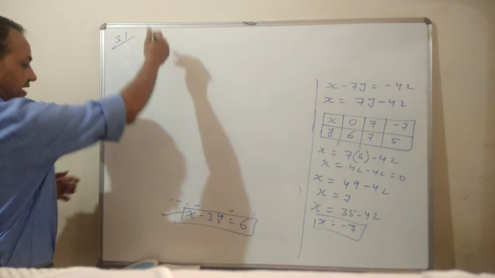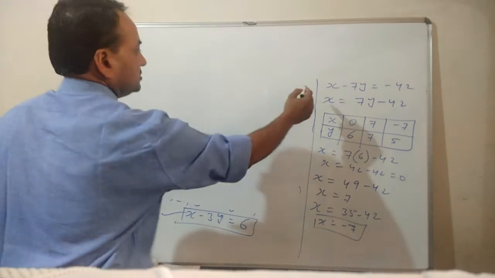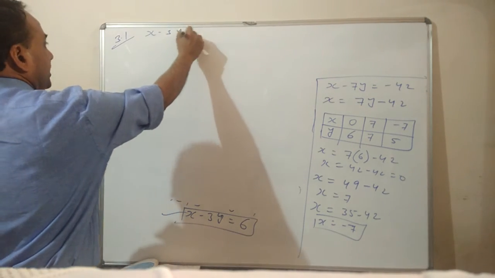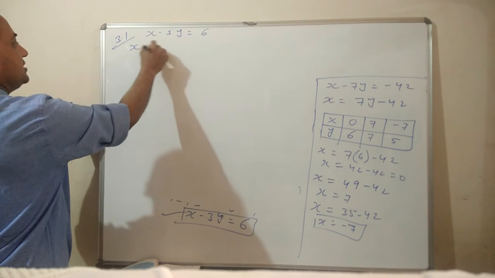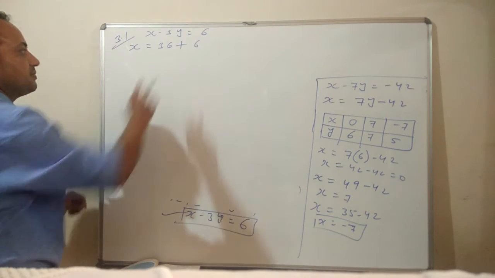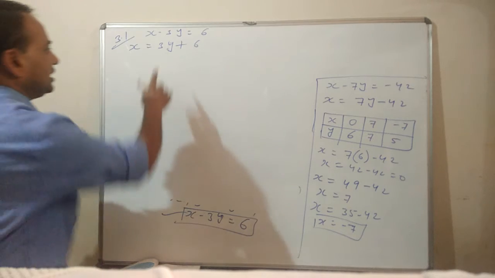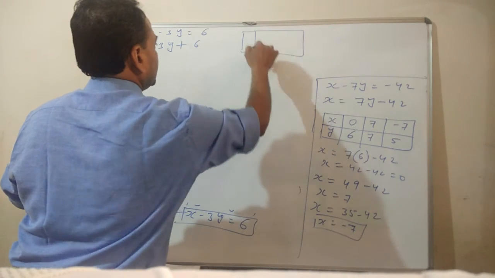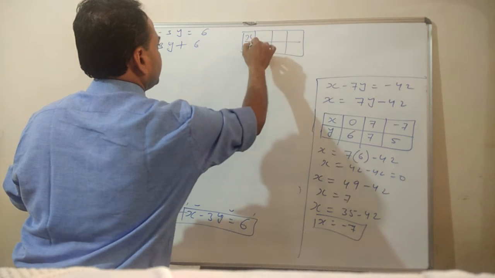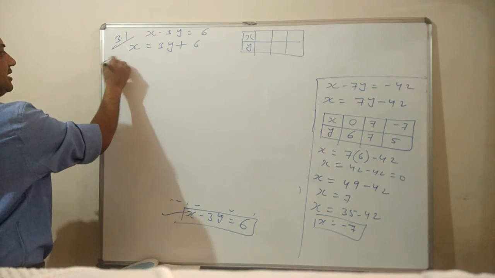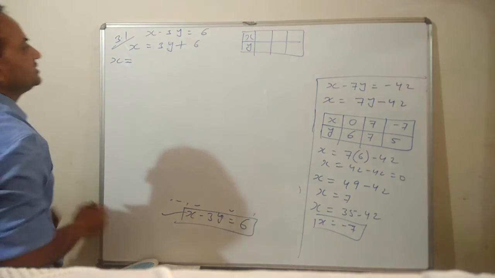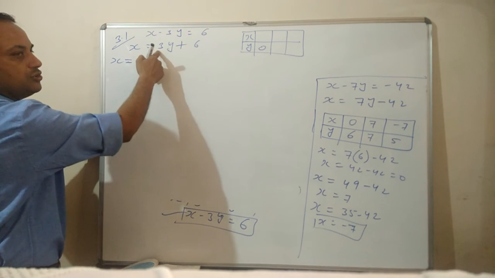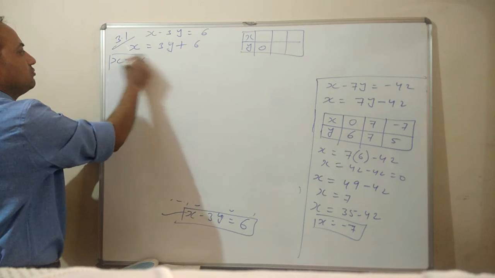Okay. So here I am writing this one. Space is less, so I am writing here the equation x minus 3y equal to 6. If I transfer that, x equals 3y plus 6. Now I'll put a y value, any value, and then we'll draw the table, and at least 3 coordinates we'll try to find. So if I write y equal to 0, then x equal to what? 0 into 3 is 0 plus 6, so x equal to 6.